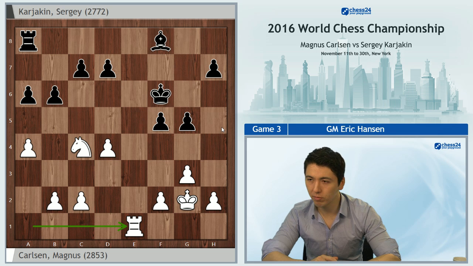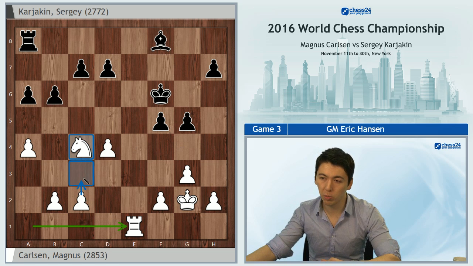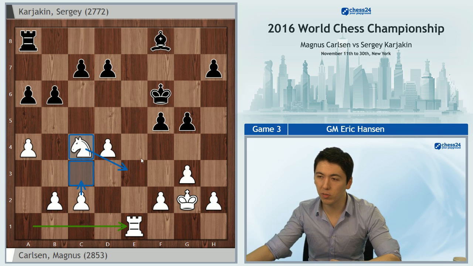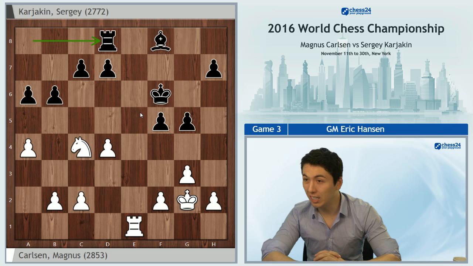Finally, after first placing the knight onto c4, which is a very nice square, first of all. When the knight's on c3, it kind of blocks your own pawn. You can always reinforce your center with c3 here, and the knight here has two attractive squares, e3 and e5. Sergey played rook d8,